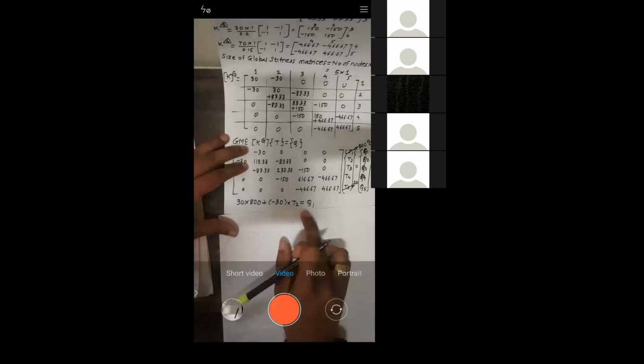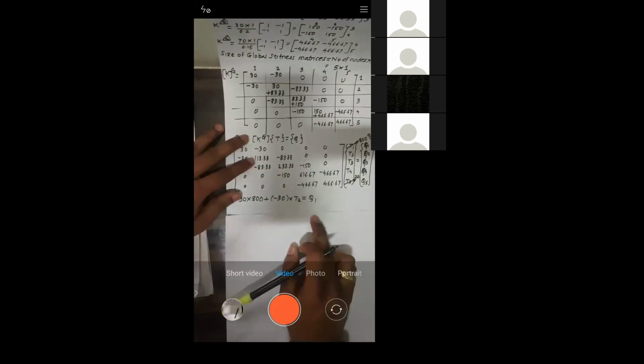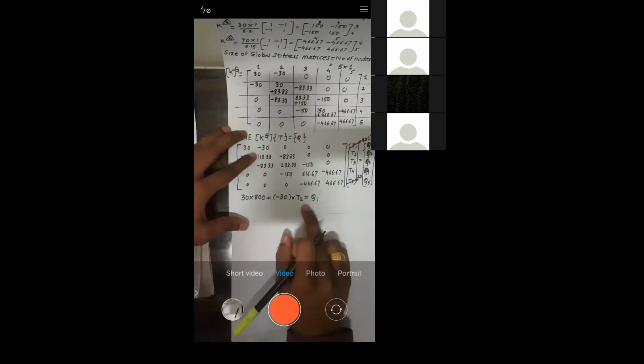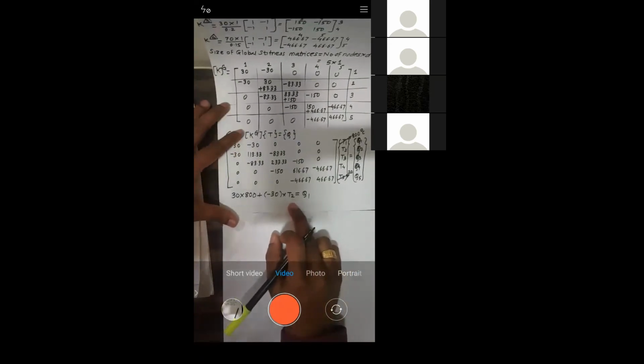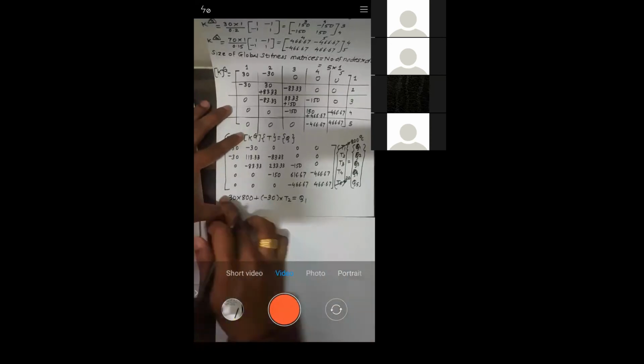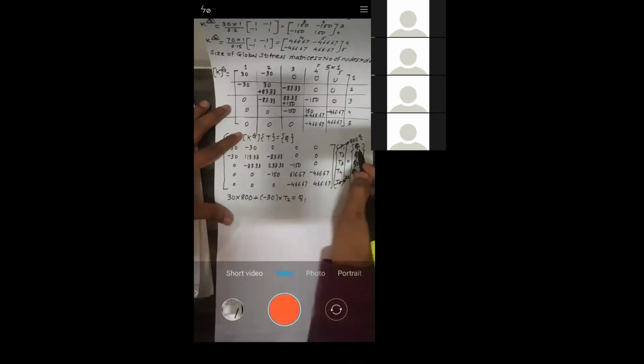Sir, temperature and convective heat transfer coefficient are given, so we can find Q1. See, if you see this equation, are you able to get something from this first equation? Because again T2 is not known, so let's move to the second equation. Can you get something from this equation? Nothing, right? So we need to go to the second equation for Q2, right?